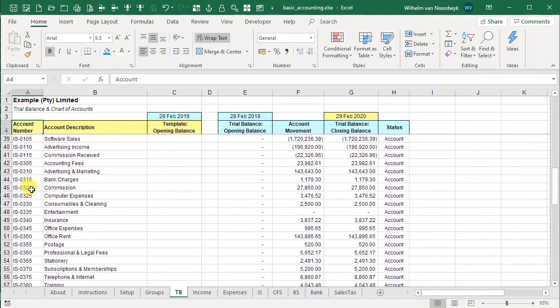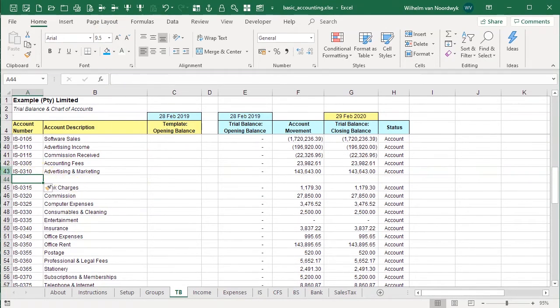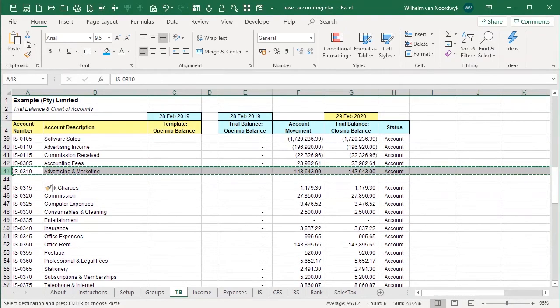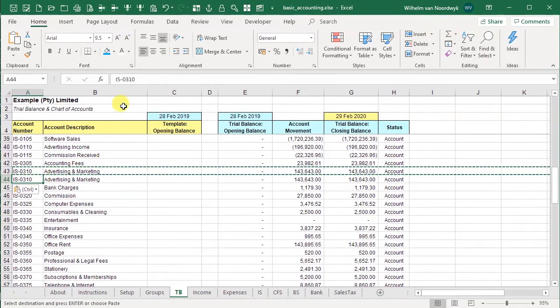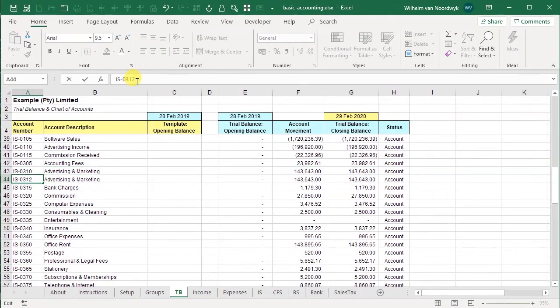So the expenses section is IS03. I'm just going to add a new account here. The first thing you do is insert a new row, then copy one of the other rows. So I'm just going to do that. Change the account number to 312, and I'm just going to give it a